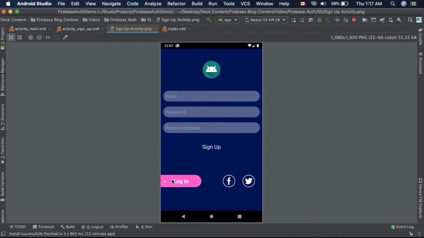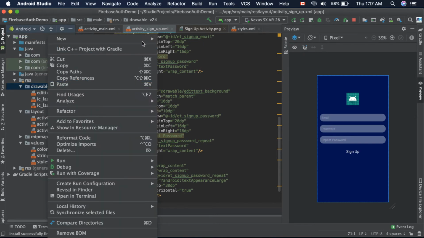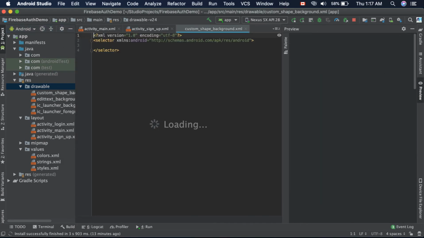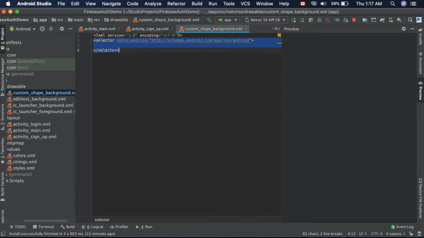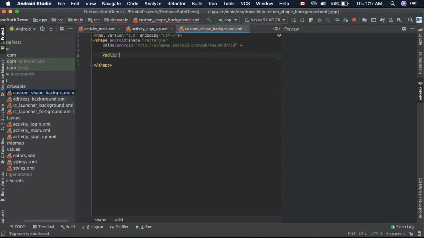So let's first create a background for this button. Let's go to resources, drawable, and here create a new drawable resource file and call it custom shape background. And here we are not going for selector again. Provide the shape, and shape should be a rectangle, and inside that shape we need to provide the solid color. And this is going to be the same color as the background color of the button that we created in main activity. So Android color